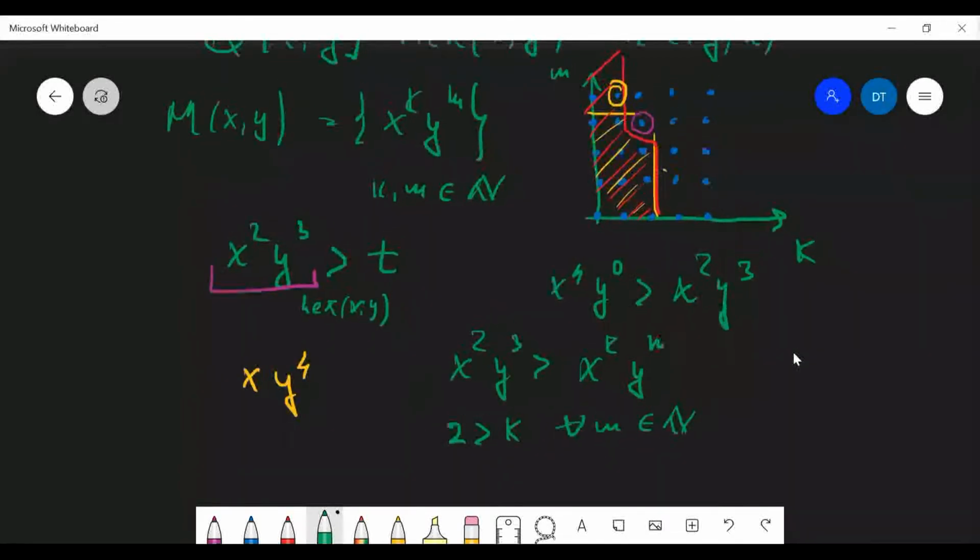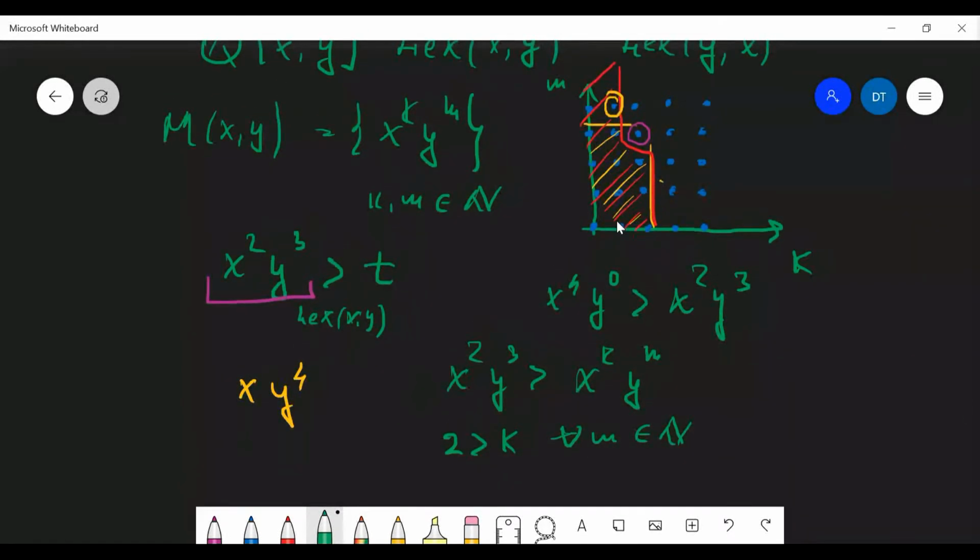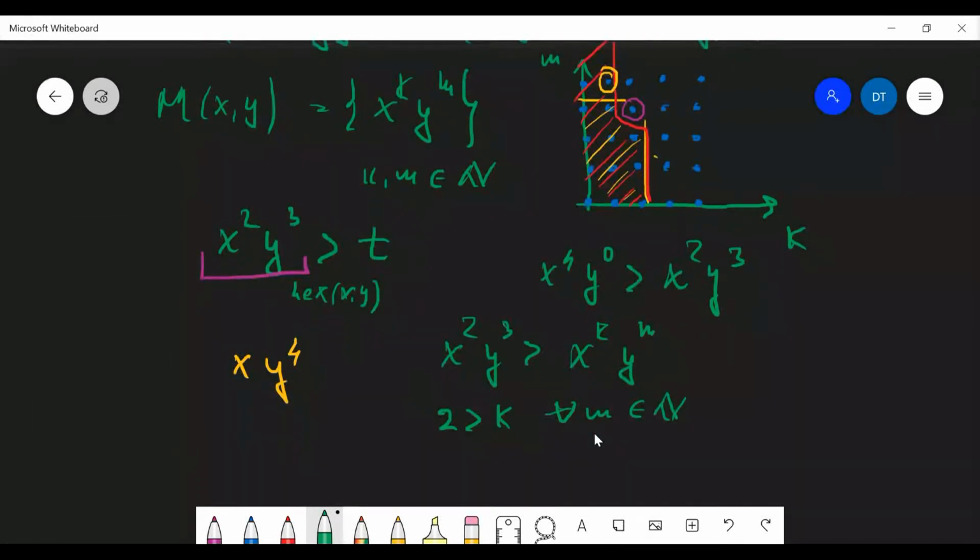So this is the case of these two columns. When k is 0, this is this column, and when k is 1, it's this column. And here we can take any m. So any point in this column is okay for us. But the other option,